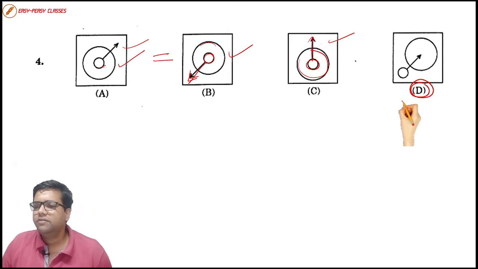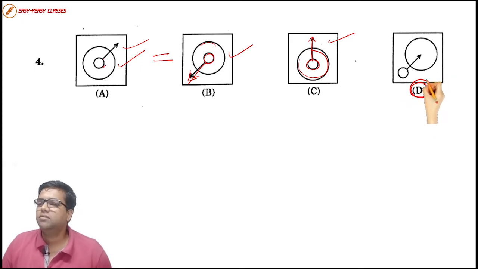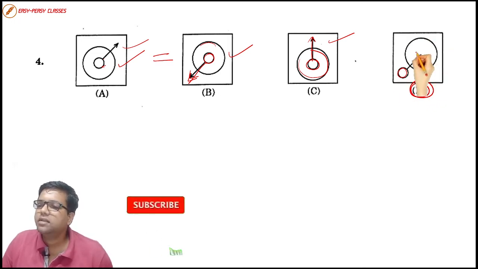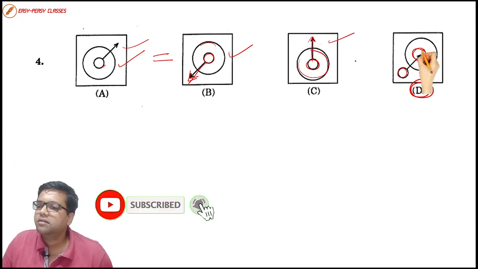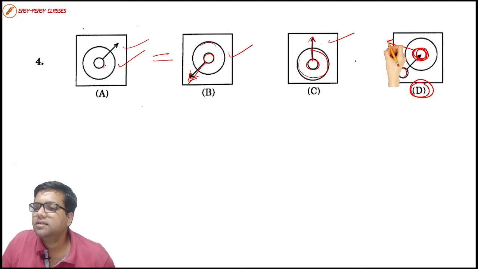But somehow we are discussing this question paper. Let us see what is the reason for this to be an answer. See, there is a circle, but there is a circle which is outside this circle. It should have been here. If this was to be similar to the other three options, this was supposed to be here, and the arrow mark should have been going from inside to outside like this, right?